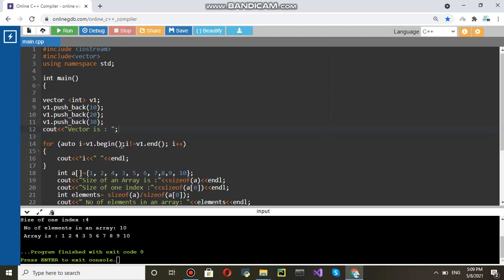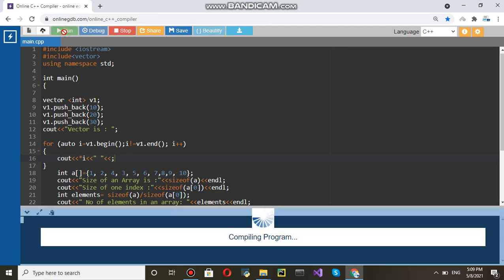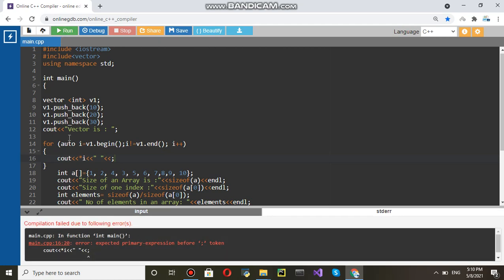We need it in one line, vector is 10, 20, 30, but it is coming on separate lines. So we need to remove this endl. Semicolon is not required after this.